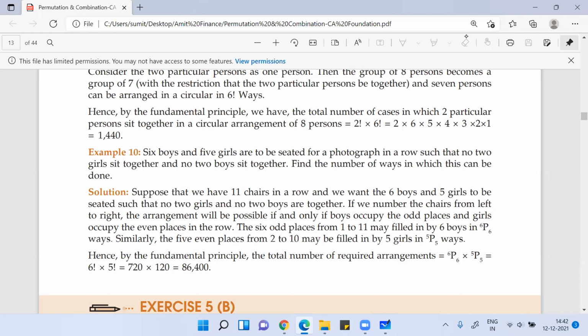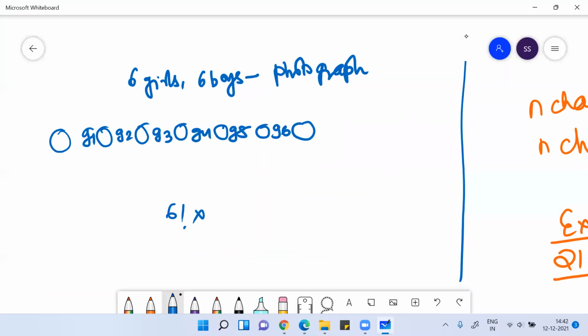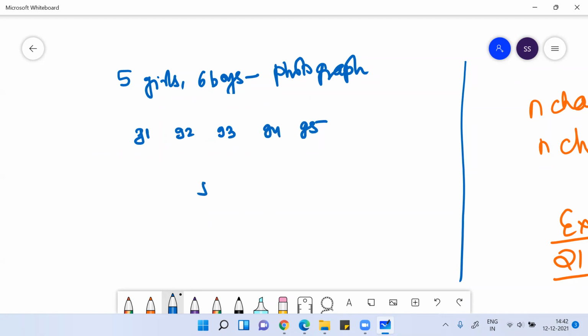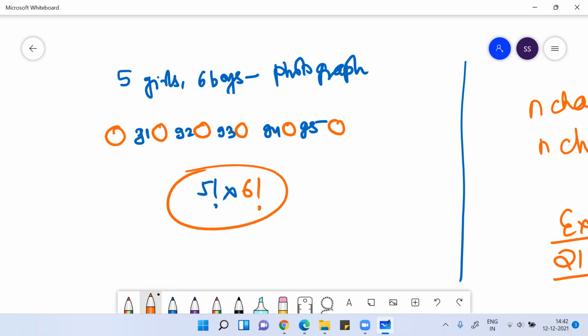Okay, sorry, 6 boys and 5 girls. That's what I was wondering, it would be a problem. So 6 boys and 5 girls are there. Whichever are fewer, you give preference to them. 5 girls are there, G1, G2, G3, G4, G5. These 5 girls, arrange them in any order, doesn't matter. They will arrange in 5 factorial ways. Now boys can come in one place, 1, 2, 3, 4, 5, 6. Any of the 6 boys can come. And then you have 6 boys and 5 girls where none of them are together. They arrange in the photograph.